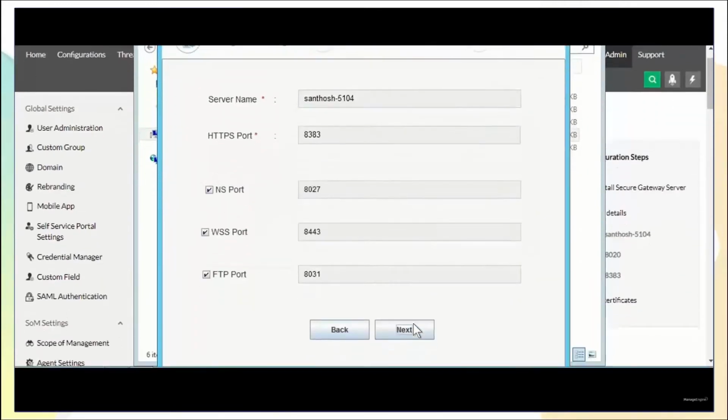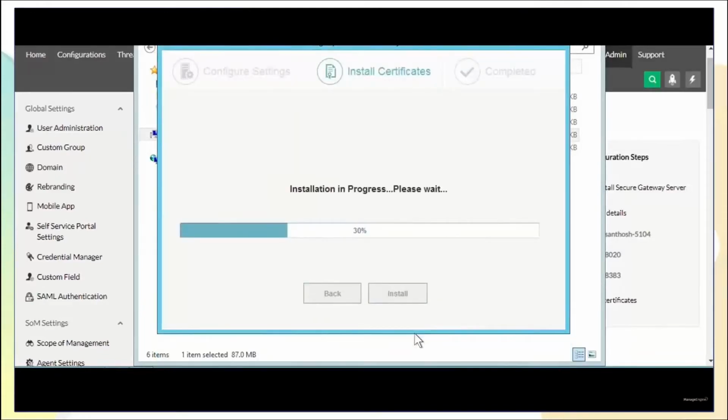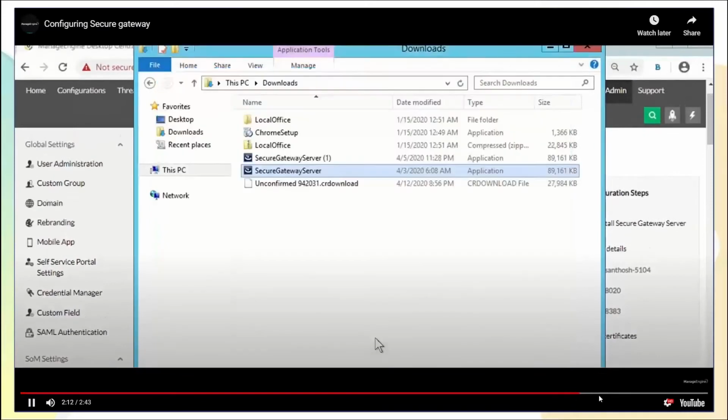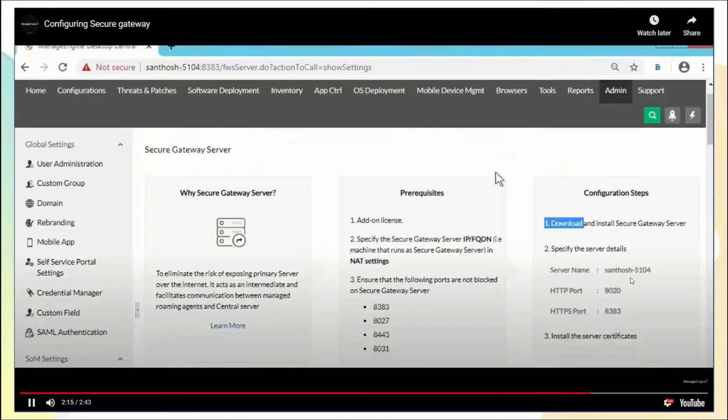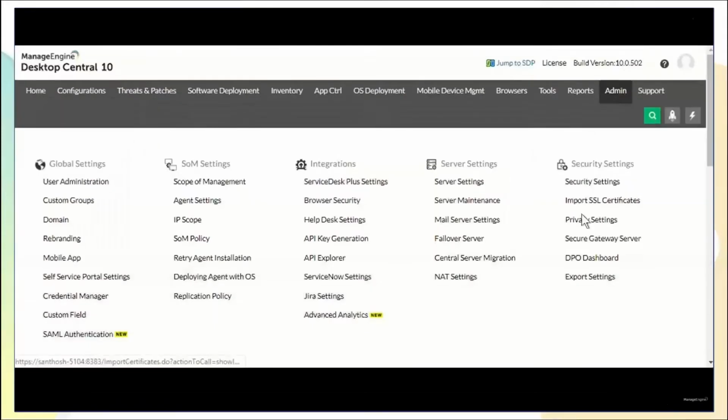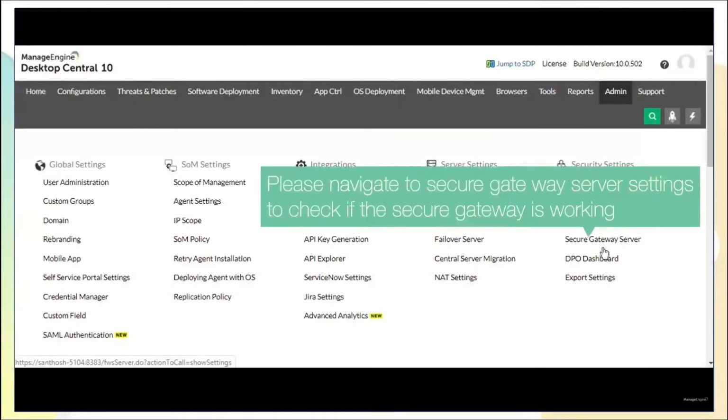It will validate it. During this time, it will copy the certificate from the Desktop Central server to the secure gateway and get it configured. It just takes 5 to 6 minutes to configure the Desktop Central secure gateway. Once installation is done, you can see the status of the secure gateway in the UI itself, whether it's active or down, under Admin, Secure Gateway Server.